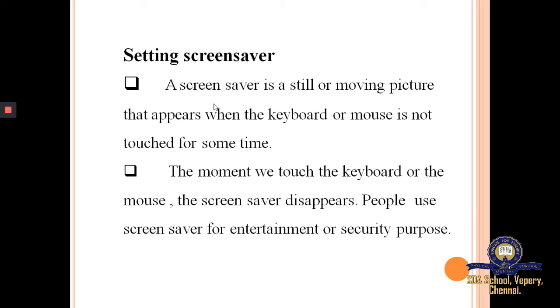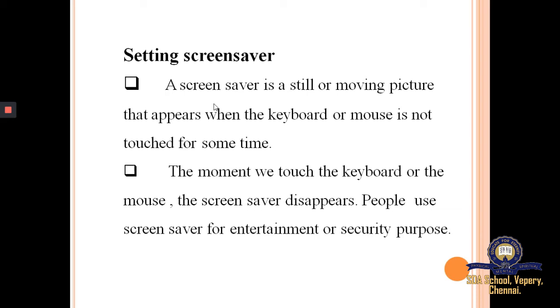Then the second point is, the moment we touch the keyboard or the mouse, the screensaver disappears.